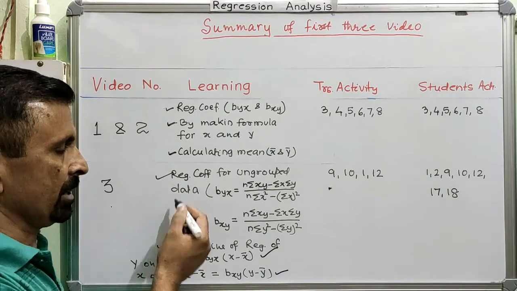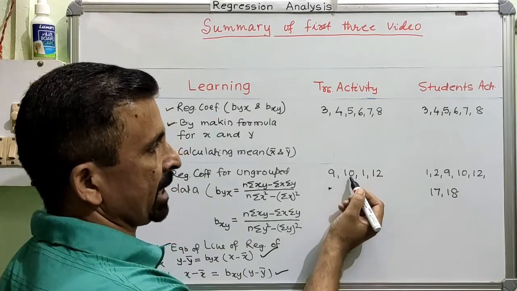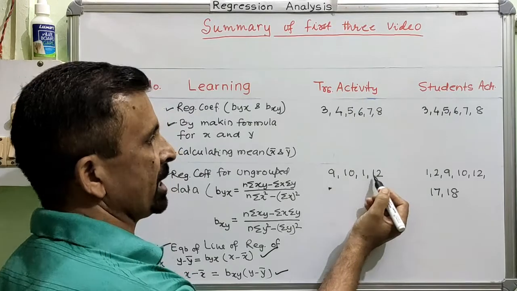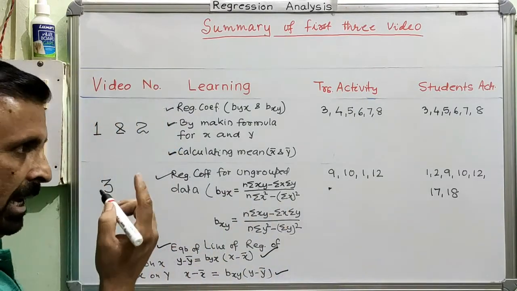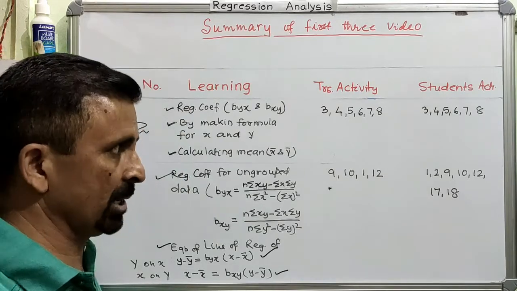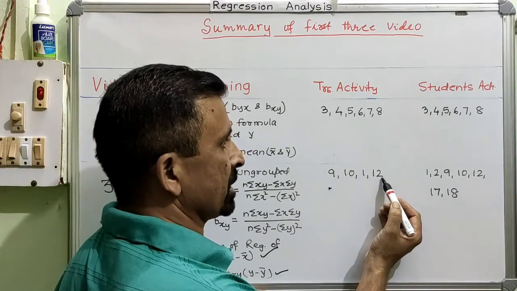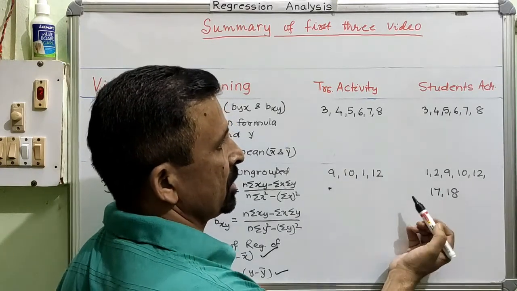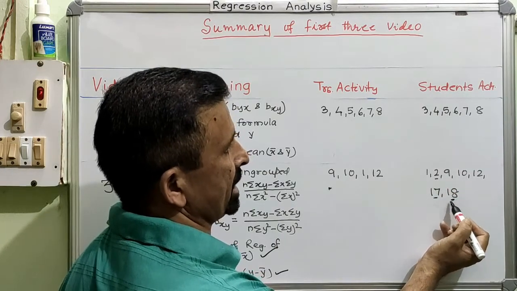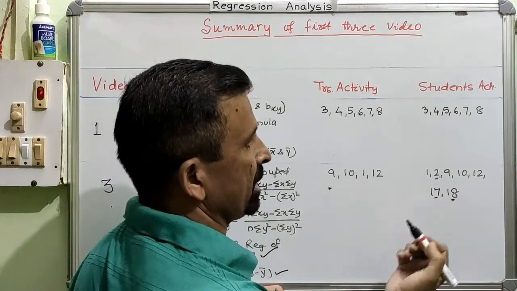Am I clear? Now in this third video, I taught you question number 9, 10, then question number 1 and then question number 2. These four questions I taught you in the third video. At that time I did not give you an assignment, so now I am reminding you: the assignment for the third video is, along with these four questions, you will also have to do extra question number 2, number 17 and number 18. So after 3 videos, I am giving you only 3 questions for the assignment.